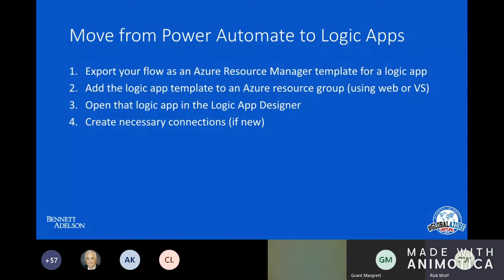Moving from Power Automate to Logic Apps is a pretty straightforward process. You can export your flow in the flow template or the flow portal to a Logic App template. You create a new Azure resource group in Azure, add that Logic App file that you exported to that template, deploy it using a resource group,